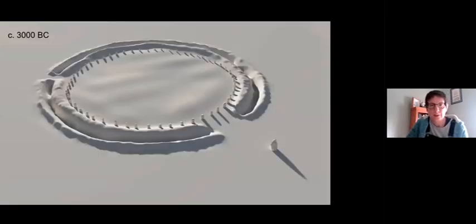The first part of Stonehenge to be built is the outer henge ditch, the outer bank and ditch of the henge. So this is a very, very similar monument to that Flagstones monument that I was just discussing. It's another proto-henge or formative henge, an early type of henge. And in this first phase, around about 3000 BC, there were some standing stones or posts in what we call